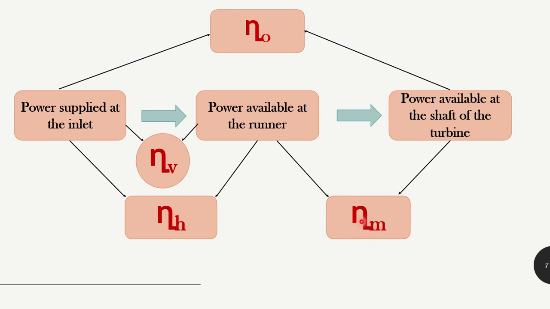See here. Now, what will be the overall efficiency? Overall efficiency means overall output of this complete process by overall input of this complete process. What is the overall output of this complete process? Shaft power. What is the overall input of this complete process? Water power. So overall efficiency is shaft power by water power. And in between we got some volumetric efficiency, right? As I've told you, whatever water is available at the inlet, the entire water will not fall on the runner due to losses. So volumetric efficiency is nothing but the ratio of water striking the runner by water supplied at the inlet.